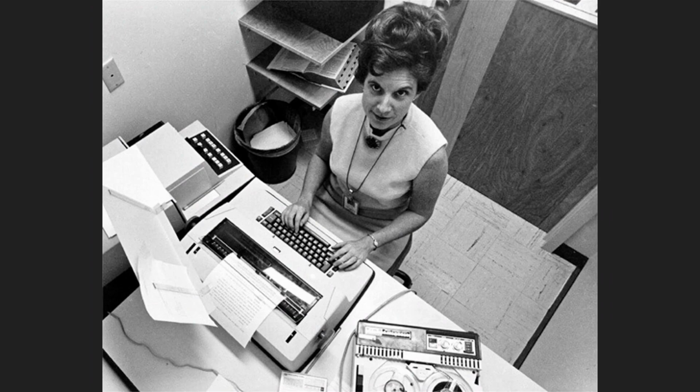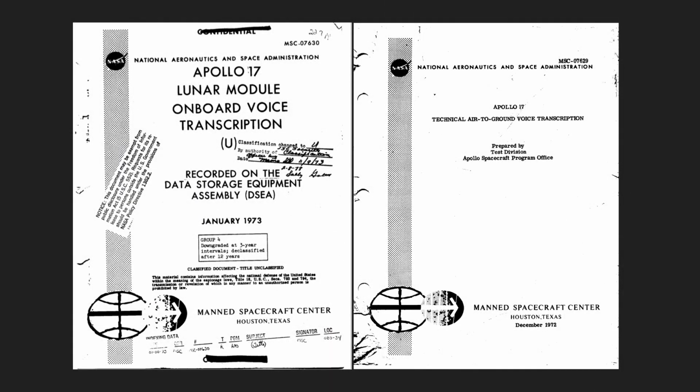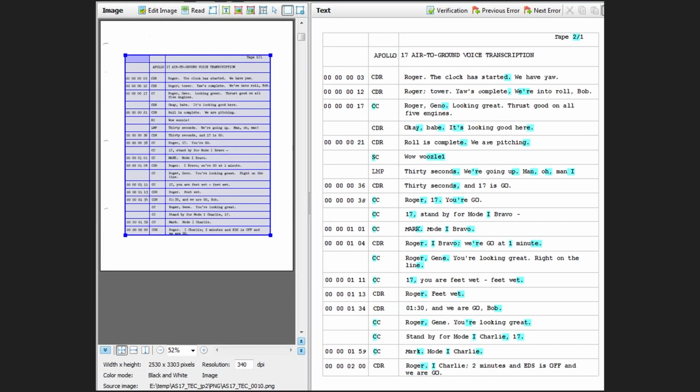Eventually, those transcripts were done much more carefully for post-mission analysis that resulted in these documents, which, I mean, who could resist a document that has a cover that looks like this? These are those 2,400-page-long technical air-to-ground transcripts on the right. And the process here was to digitize them into a data structured format. So we had this idea of columns of when something was said, who said it, and what did they say, being structured into an actual tabular format that a computer can use to try to process that information.